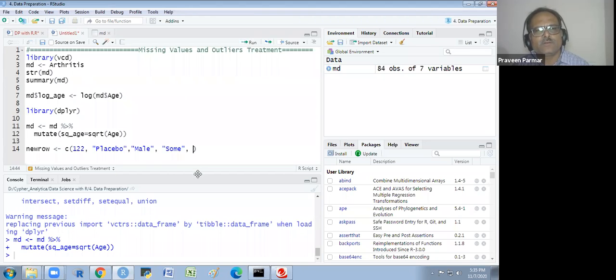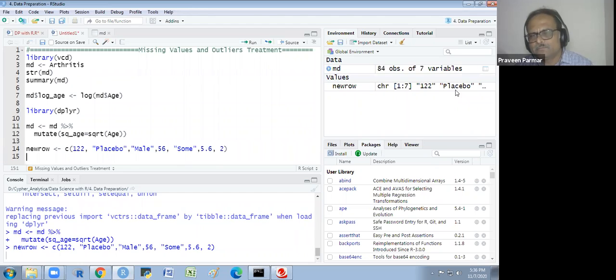I forgot to write age here. In this way, and this value I could write 5.6 and something, whatever. 2. And I run it first.